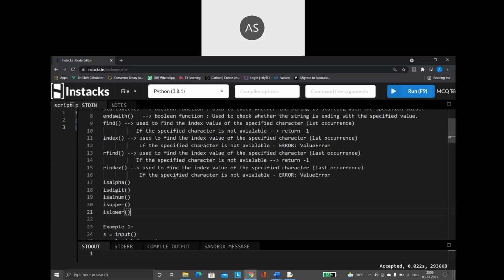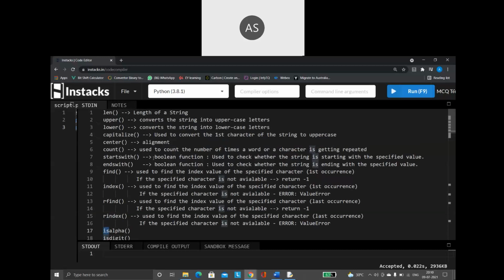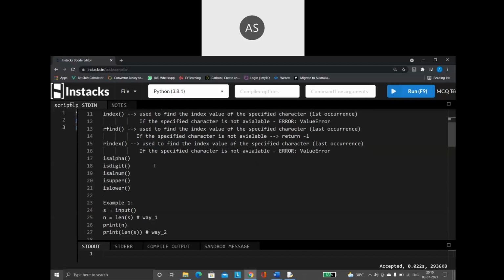Understand one thing, all the functions that start with the word "is" are 100% Boolean functions. That is, the result is always either true or false.